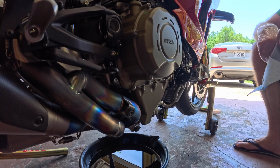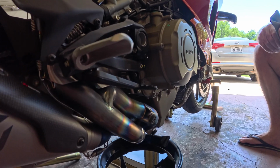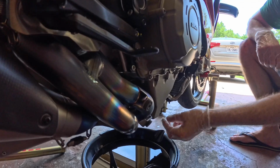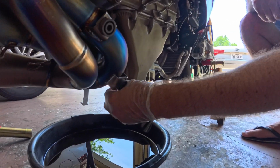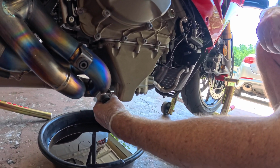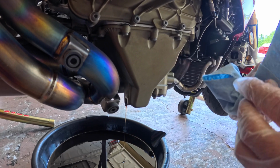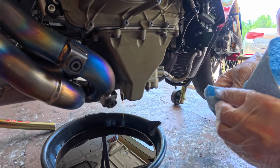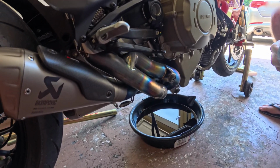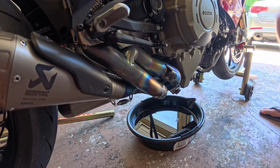Alright, so as far as the overnight aspect, we don't have to let it drain overnight, we have to let it sit overnight. So what I'm going to do is, I put this in just so nothing would fly up in there, like a fly or anything. So pull it out, wipe it off, let the residual oil drip out. While that is dripping out,